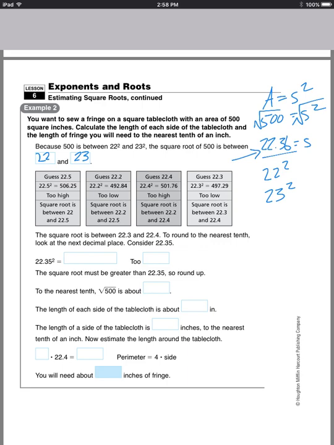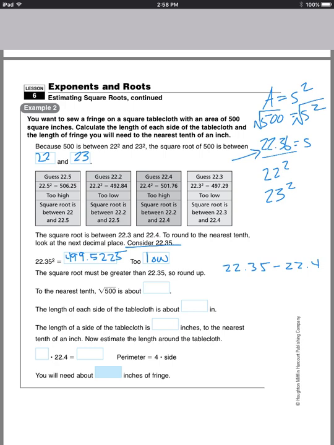Okay? So now they're going to start guessing between 22.3 and 22.4. So we're going to consider 22.35 squared. And we get 499.5225. And even though that's really, really close, it's too low. So the square root has to be bigger. It has to be somewhere between 22.35 to 22.4. So, to the nearest tenth, we're gonna say